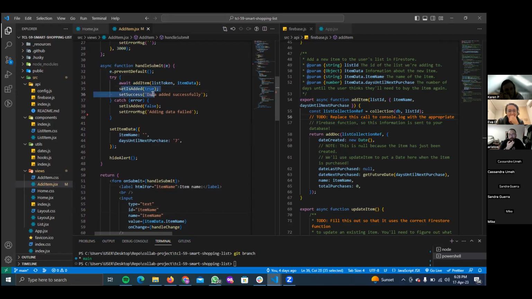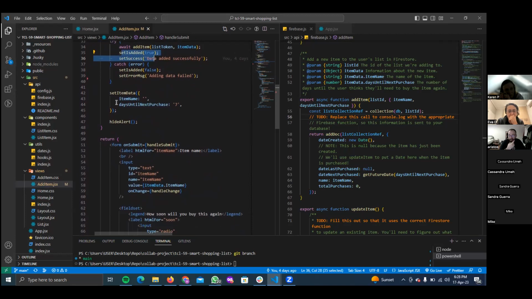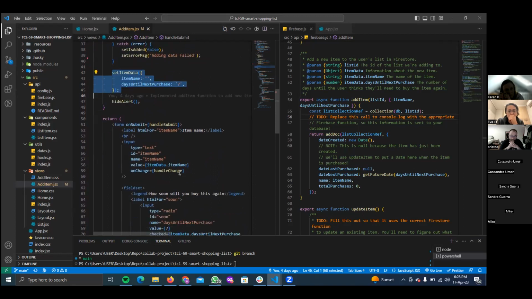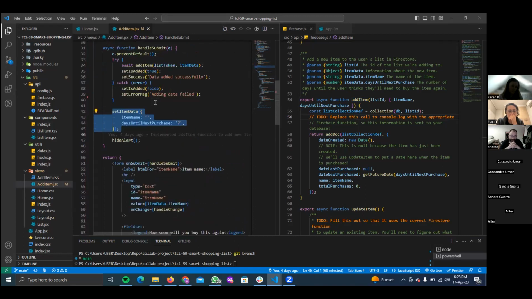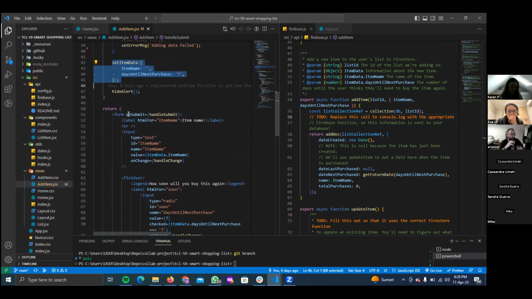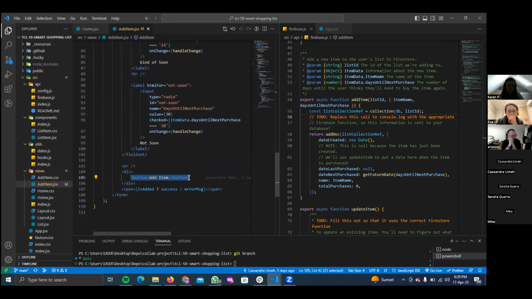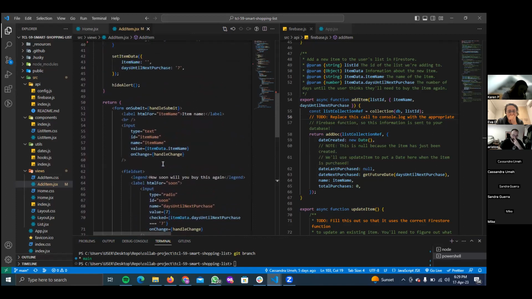Okay, I'll skip this for later. Then we're passing them in here. So once we submit, we are clearing the form so that the form field is empty once a new item is created, and then we can go ahead to add more items in. And so we are handling the onSubmit function here. If the user clicks on add item or the enter key on the keyboard, a new item should be added to the list.